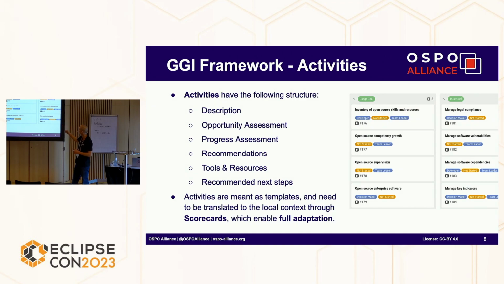As an example, say you want to manage key indicators. In your context, that would be using, say, this type of dashboards that we already use, and you might want to do something with this team, because they know a lot about processes, monitoring, dashboards, and so on, so they have a lot of information. So the scorecard will be a reflection of the activity, tailored to your specific context and what you should do with your own objectives, resources, skills, teams, and so on.